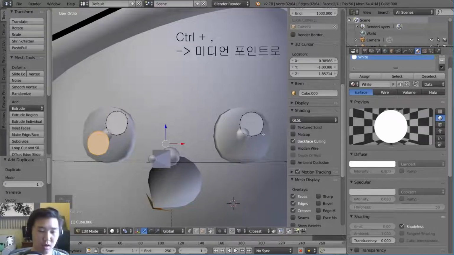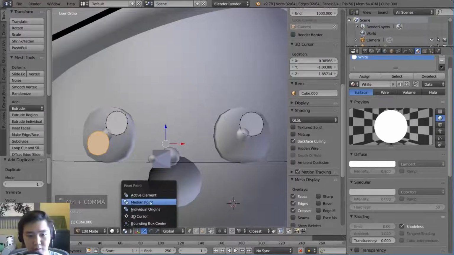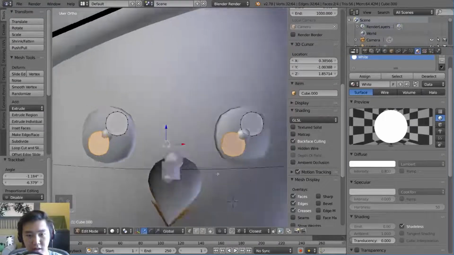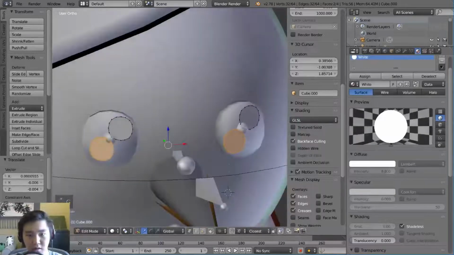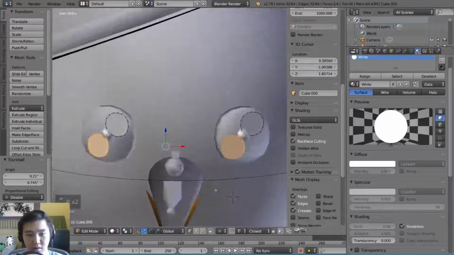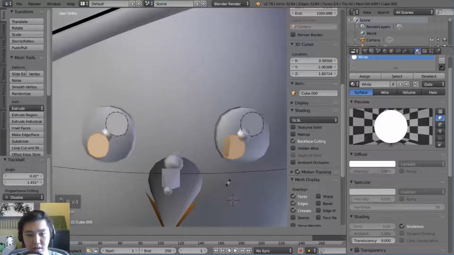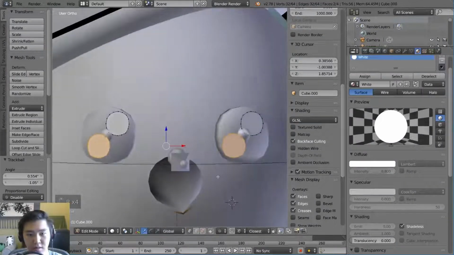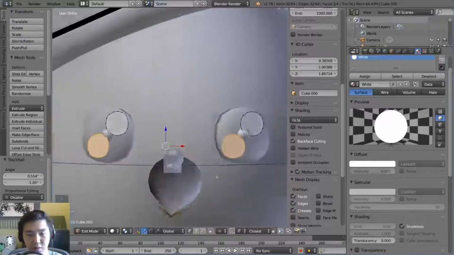Oh, let me go ahead and turn median point back on by hitting Control comma, which brings this back to the median point, which is the default. And then I'll go ahead and move this here, move that there, rotate them together, kind of thing. Just make sure they're equidistant. And the main point is to make sure that they belong on the same part of the eye.